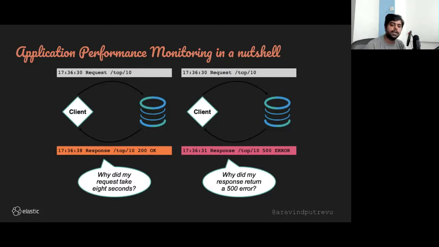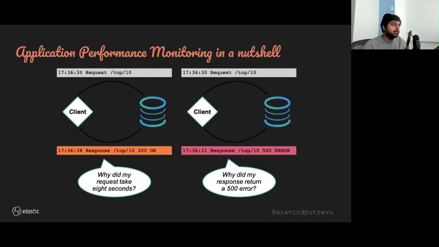Another way is, you have this client and server architecture again, but you are not able to reach the server or your backend endpoint or one of your systems. In a microservice world, you might even have multiple languages. So you want to understand how this entire thing plays out, why it is not happening this way, why it is happening that way. That is where application performance monitoring would help.